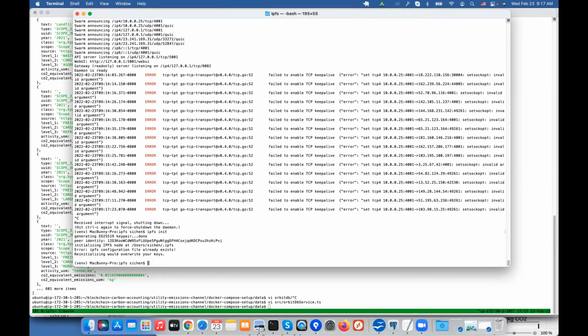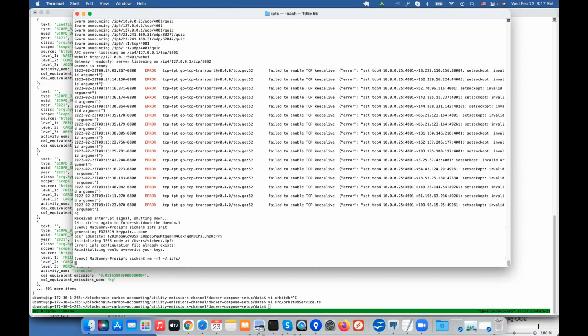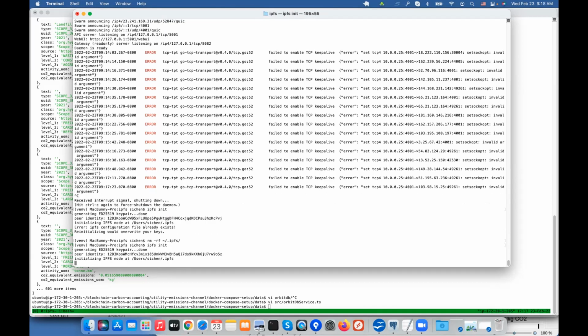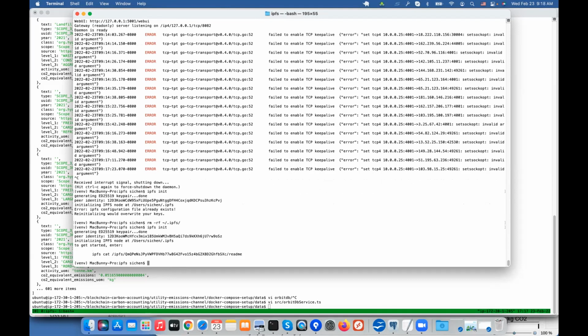So IPFS. So do I have to? Yeah. So. And then if I then run this get data again,